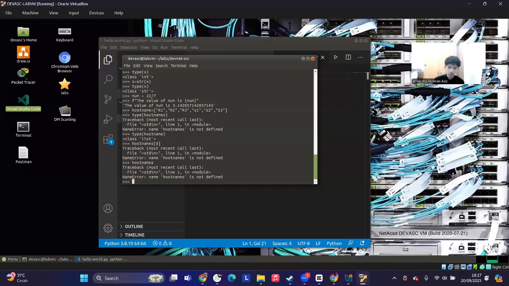Create and manipulate the dictionary. Okay, so for example, IP address equal bracket. Wait a second.